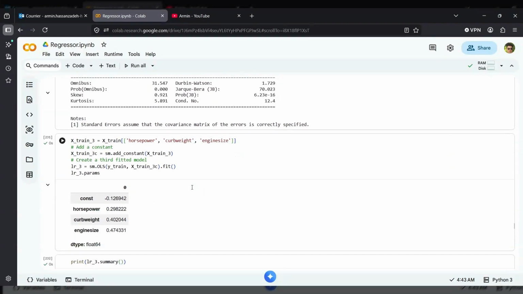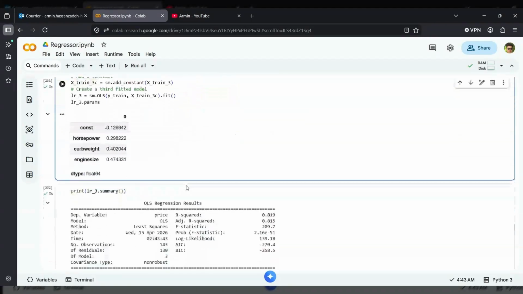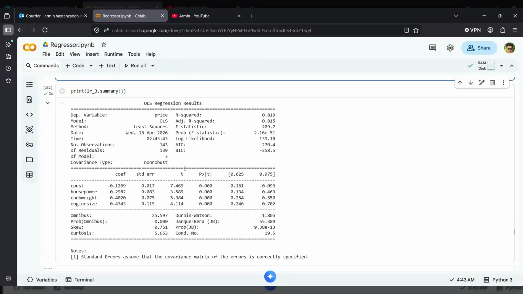Now here I added another feature, engine size. So R squared, as you can see,